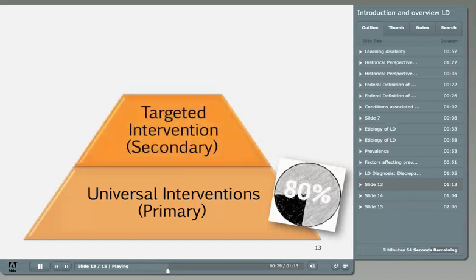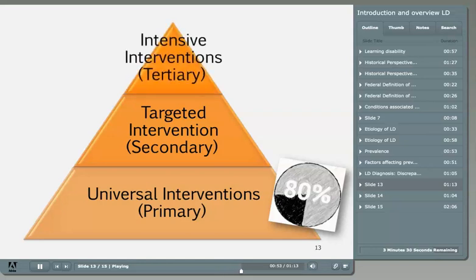If a child fails to respond to primary interventions, then the child receives targeted or secondary interventions. Tier 2 interventions provide more intense instruction and are intended to catch a child up with grade level expectations. If a child does not respond to the Tier 2 interventions, despite getting good interventions, the Tier 3 interventions would be considered. Tier 3 consists of the most intensive interventions.